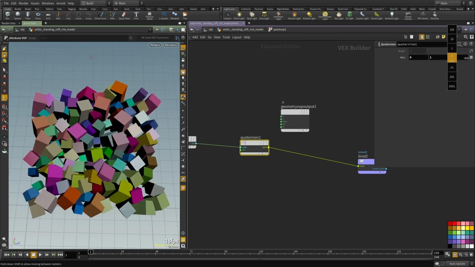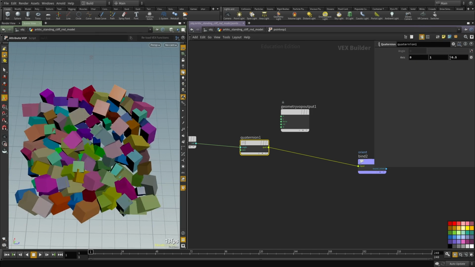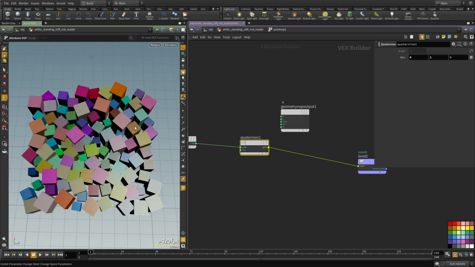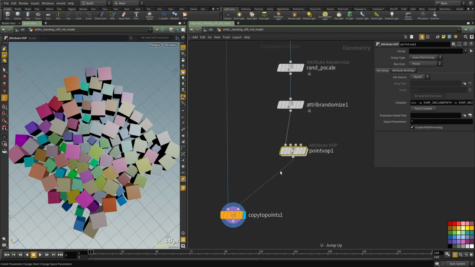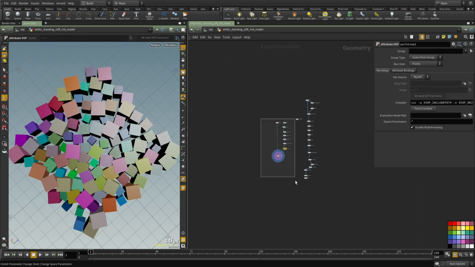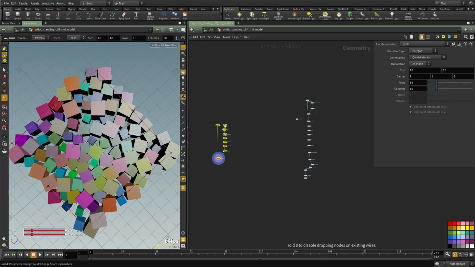We can also randomize the axis that we want them to rotate along. But for now, I'm just going to leave it at that, because that's pretty much all I care about in this case. So that's how the instancing works, and we're going to start utilizing that to create something a bit more complex. Now I'm going to start with a box as well,